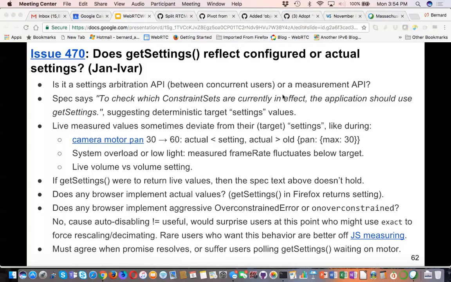That's a similar reason why things like getParameters work this way. And correct me if I'm wrong, but I remember discussing frame rate, where the actual frame rate, which both browsers implement, and I don't think anyone would appreciate that.